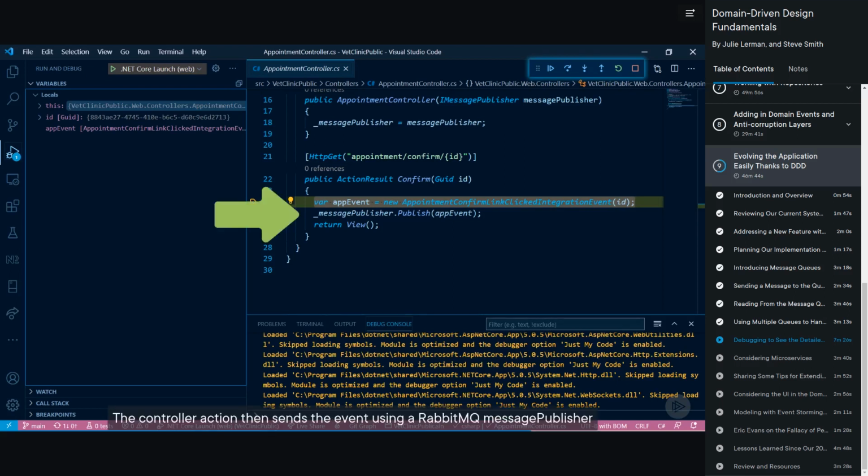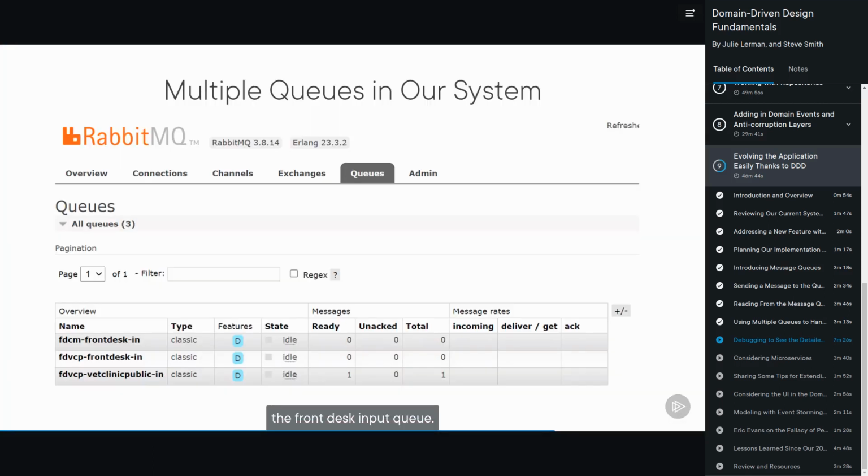The controller action then sends the event using a RabbitMQ message publisher that's identical to the one we just saw the front desk app use. However, this publisher's destination is actually a different queue, the front desk input queue. Technically, the front desk